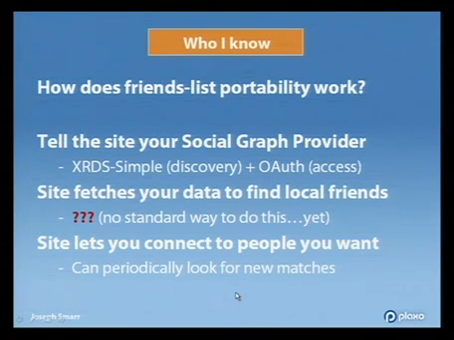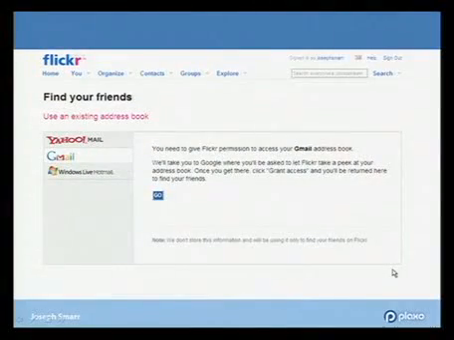There is no agreed upon way of sharing address book and friends list information between sites. There's vCard, which is kind of just a way of saying here's some old contact information, but it's not an API, and it doesn't reflect the more modern aspects of social networking. Some of OpenSocial is moving in that direction, but there are lots of other sites that have each implemented their own thing. And back to that Flickr example, what's going on behind the scenes here, even though it looks pretty good